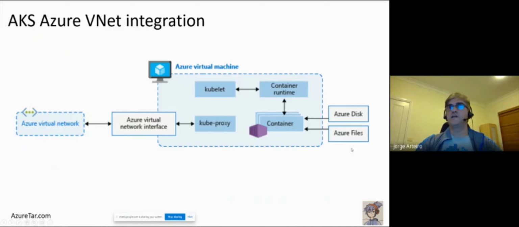And on the storage side, you can see here that we have integration with Azure Disks or Azure Files. Azure Files, you can mount that as an SMB on your container. And the nice thing, Azure Files, you can mount that inside multiple containers. Azure Disk is normally just for one pod, and Azure Files will be for multiple pods. And that's how it works. Then you have storage, you have networking,